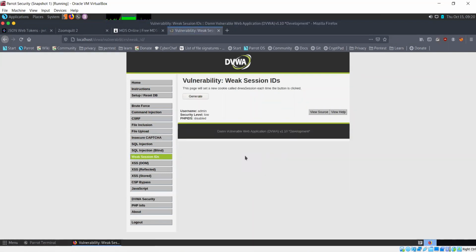Now weak session IDs. Whenever you are working on a website and you're logged in, in order to keep track of what user is currently logged in within this particular session, the server generates a session ID and stores it within your browser in the form of a cookie, so that every request your browser sends has that cookie containing the session ID, so that the server knows which user this is and what they are currently doing.